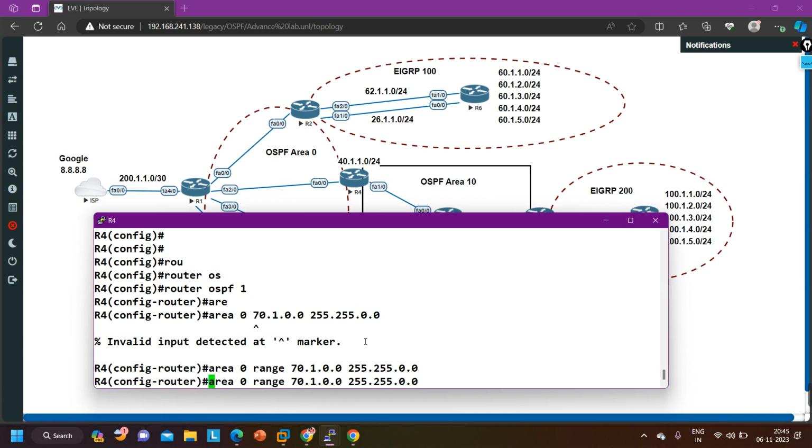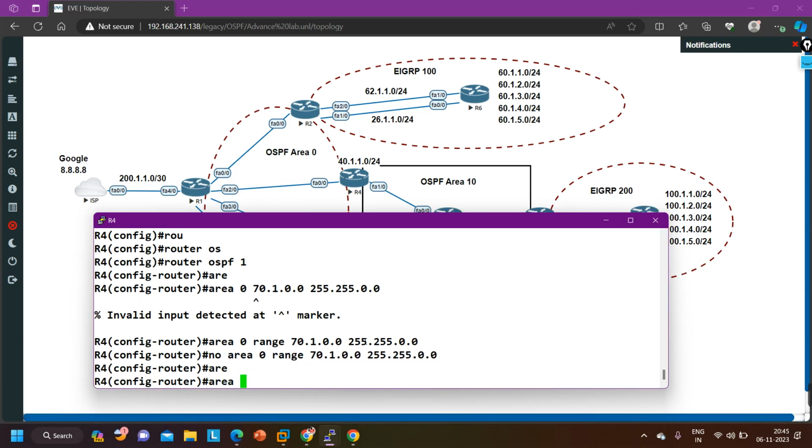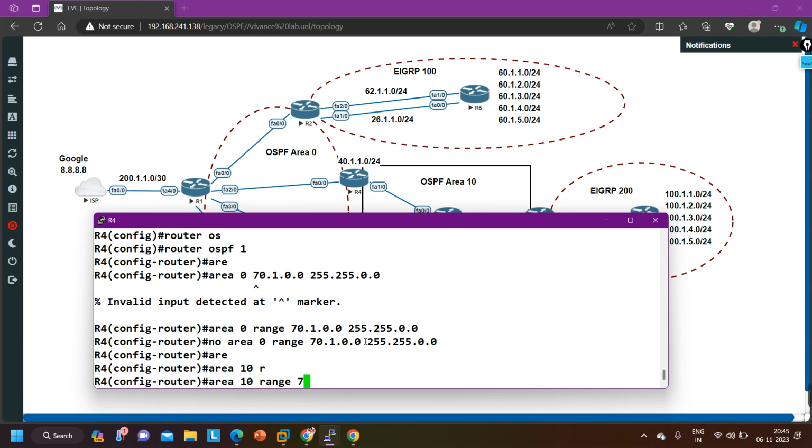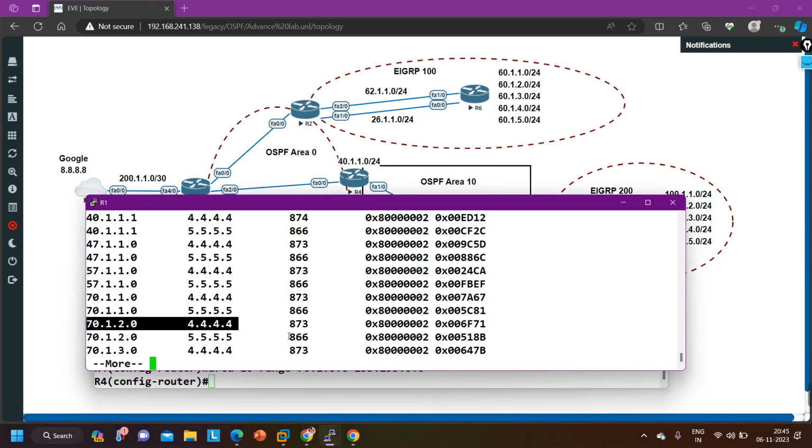Here first I am going to say no to this, and then area, I said area 0. So the area will be 10 here. Area should be 0 or area should be 10? So the prefix belongs to which area? Area 10. Area 10, range 70.1.0.0 255.255.0.0. Right. Now let me check the R1